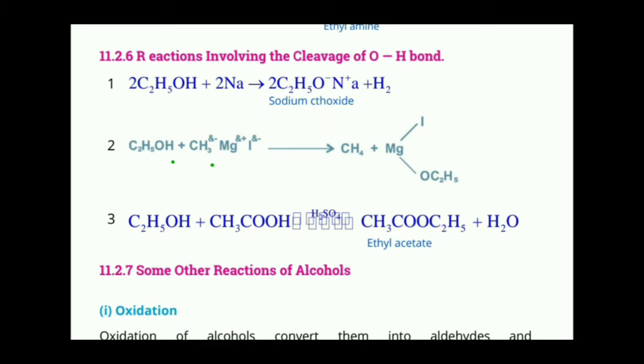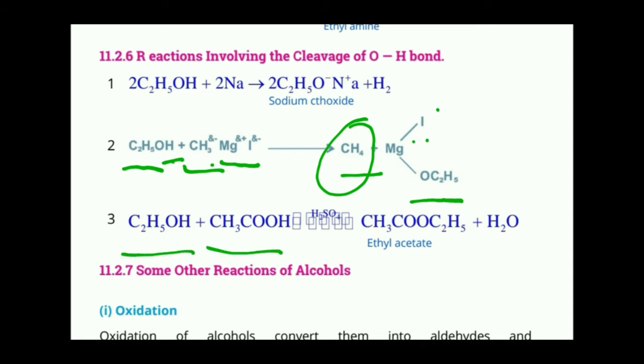All right, it will form CH4, and the negative end of this molecule, C2H5O negative, will form a bond with the positive end of this molecule. So C2H5O combines with magnesium, which is connected to iodine, and the other product is CH4, which is formed by the CH3 negative end of this group and the H positive end of this group. CH4, methane, is formed. In the third reaction, ethanol reacts with acetic acid in the presence of H2SO4, and ester is formed